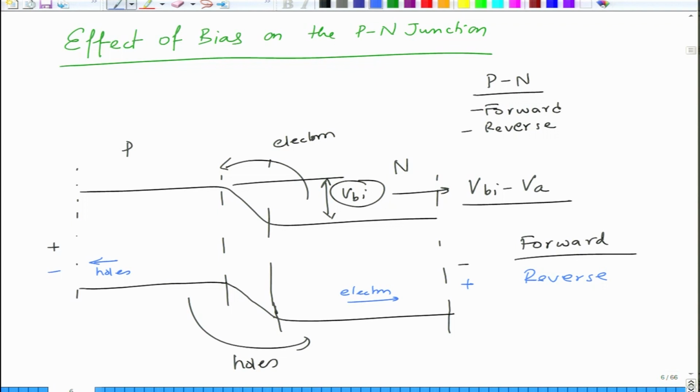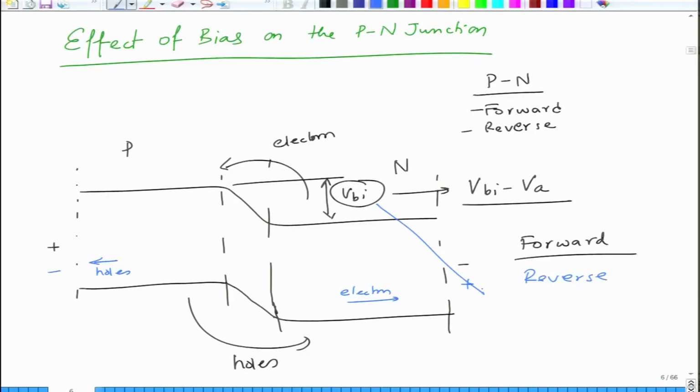The electrons and holes are going to go through and recombine at some point, and in the circuit there is no current flowing through the junction. So junction current is very small in the reverse bias. Essentially, in the reverse bias this barrier increases, it becomes VBI plus